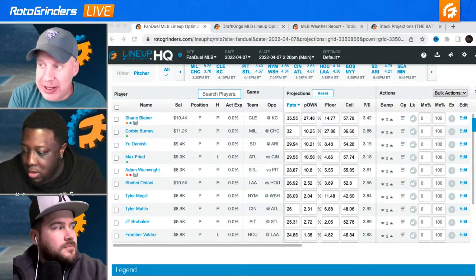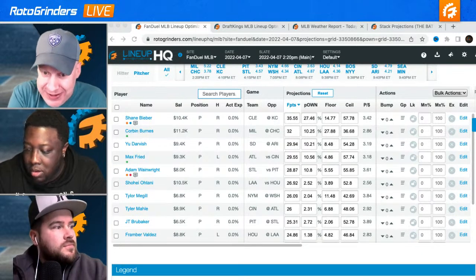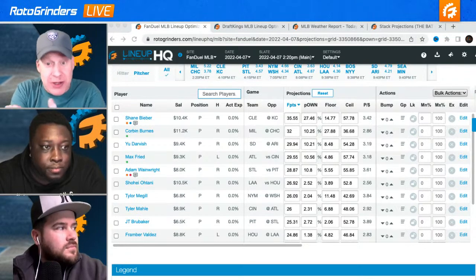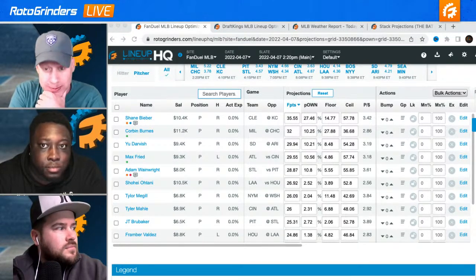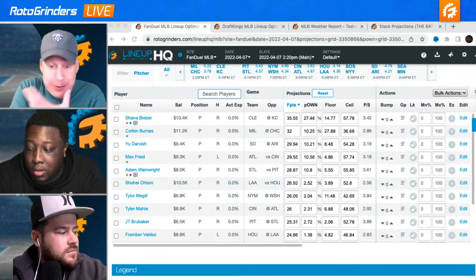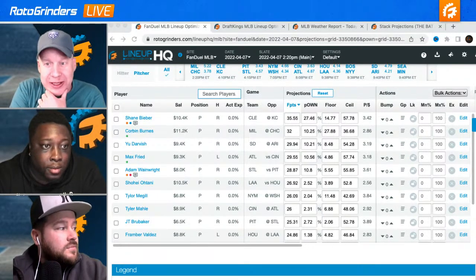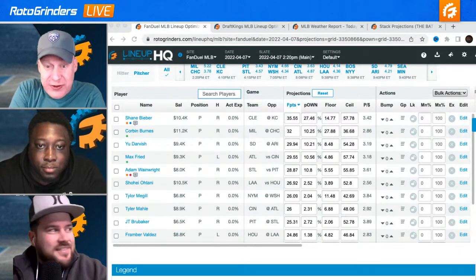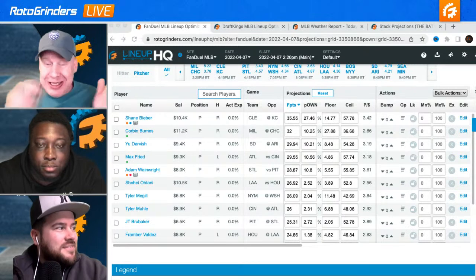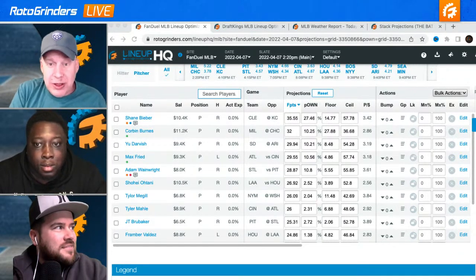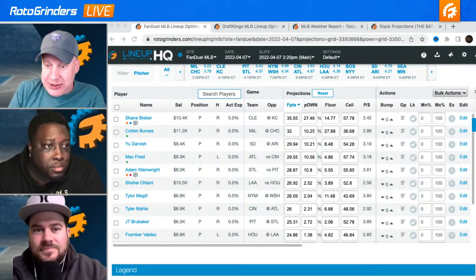You want him to pitch at least 5 innings so he can get the win bonus. But that's another thing for FanDuel now, the quality start. It's possible that no pitcher today gets a quality start. I think maybe 1 or 2 do pitch 6 innings efficiently. But the differences between pitchers today, even though the name value stands out, may not be as dramatic as you think. And that's the reason why